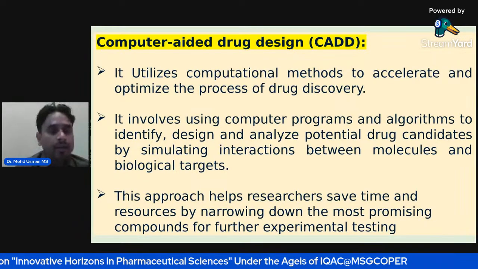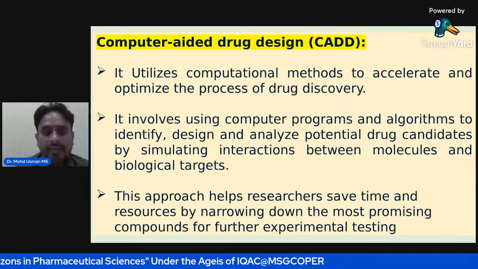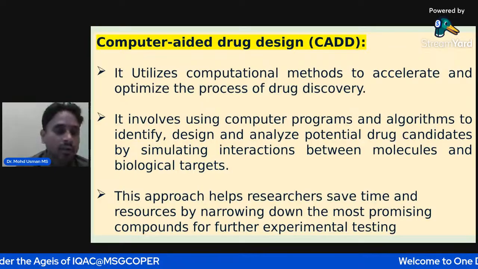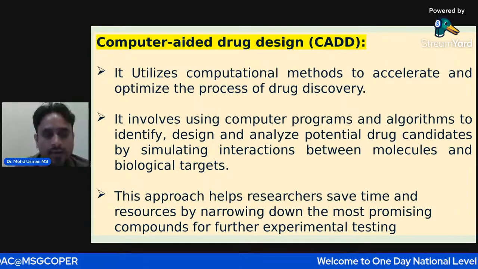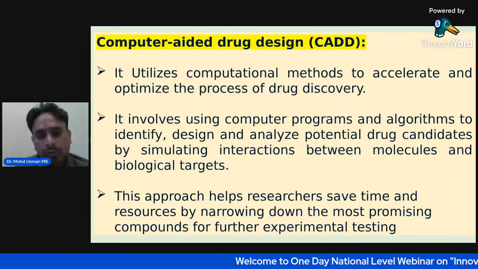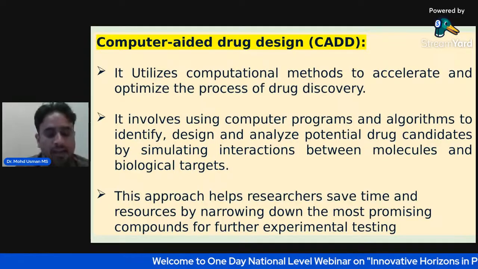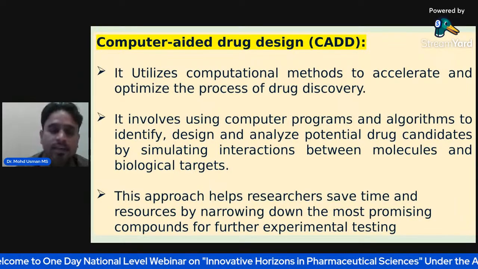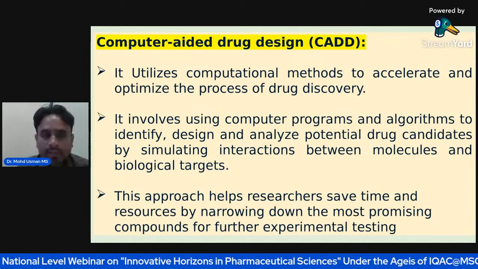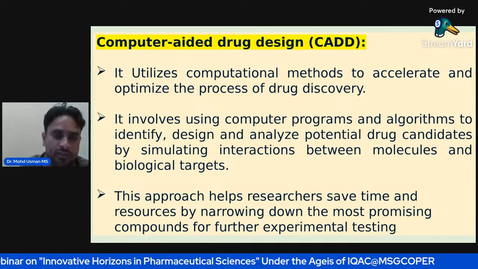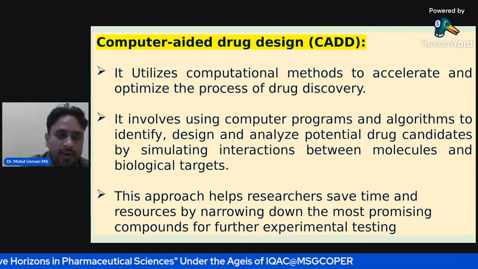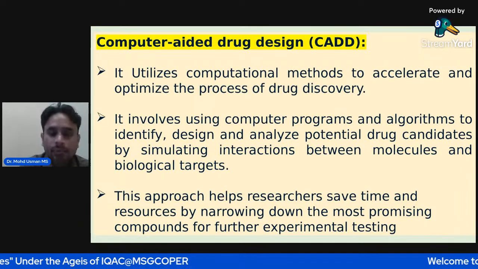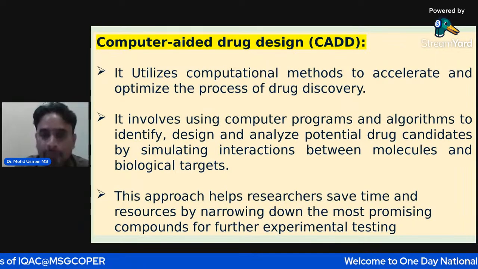It involves using various computer programs and algorithms to identify drug targets, and to design and analyze potential drug candidates by simulating the interactions between molecules and biological targets. Whatever interactions are going to happen in the body, the same are simulated by the computational technique, and that approach helps researchers